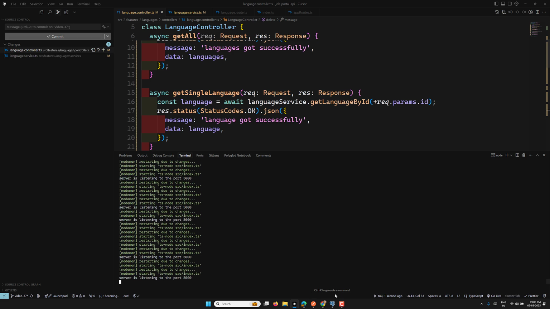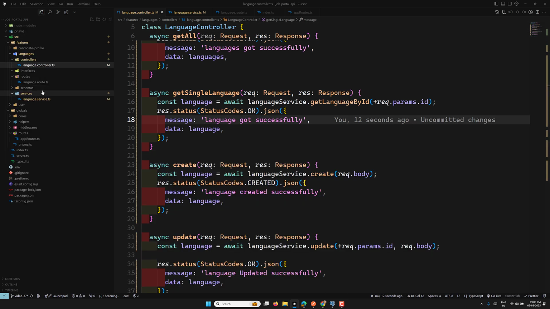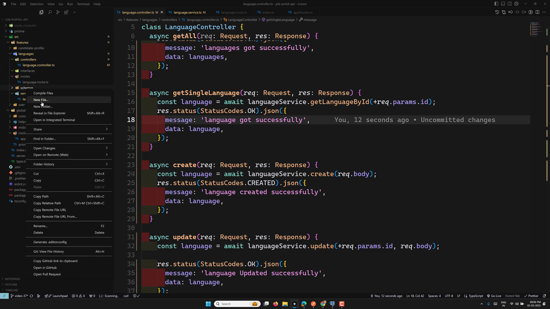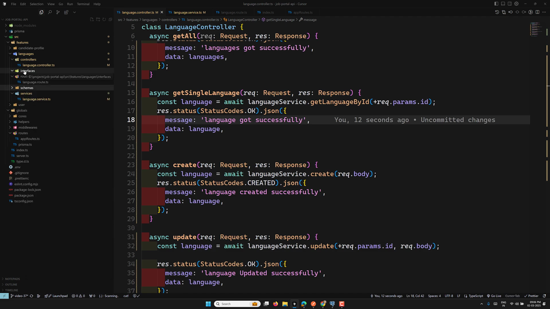Let's go into this one, or otherwise you'll try to implement the schema also, the validation thing. So in the schemas, here I would be trying to implement the schema interface. So here, language